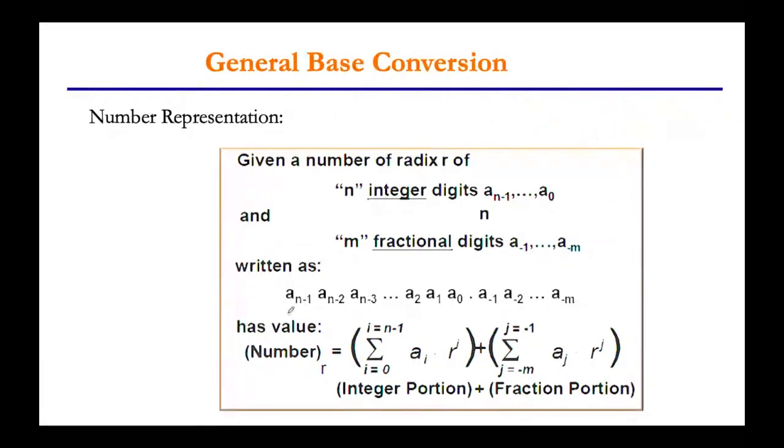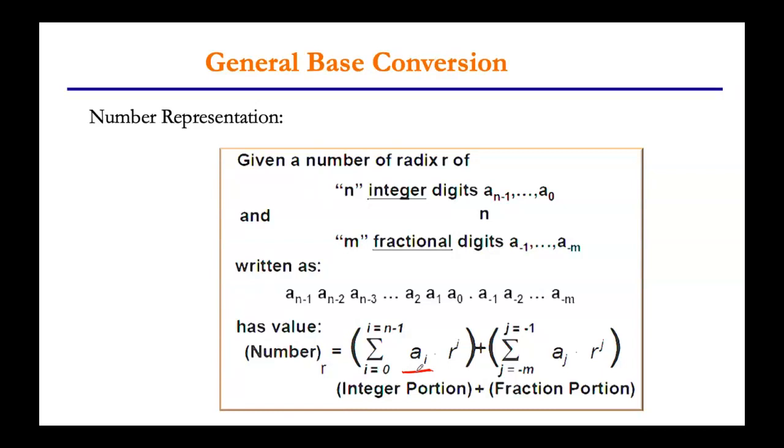the equation for representing numbers as a combination of the integer part and the fractional part, you can write as a n minus 1, a n minus 2, a n minus 3, reaching the last digit of the integer part. Then the dot point comes, and the fractional part starts from here. So in summary, a number with any radix can be written as the summation of i equal to 0 to i equal to n minus 1,